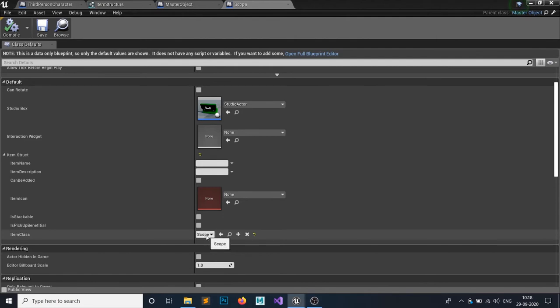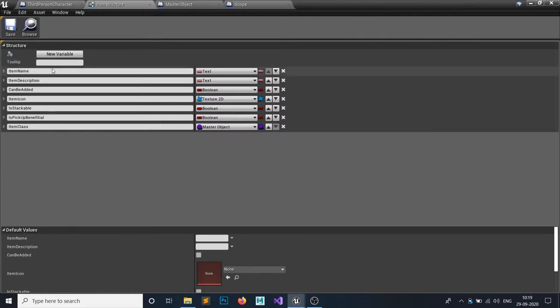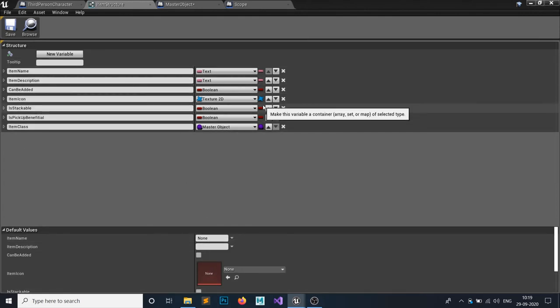You don't set this one to none, otherwise it won't work. Another thing you might want to do is, in your item structure, make the item name default value none. The reason why we are doing this is because we need this in the future. And we're gonna add certain more things in our item structure where we need it.